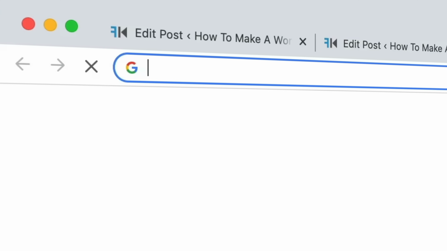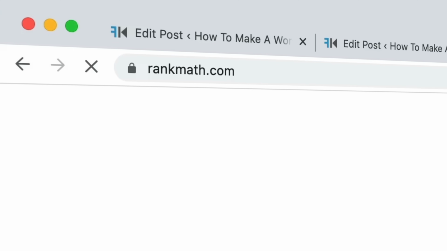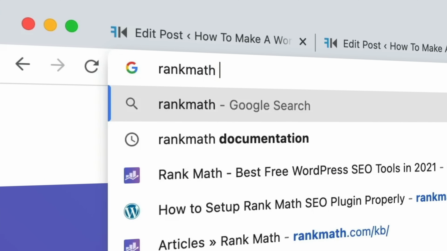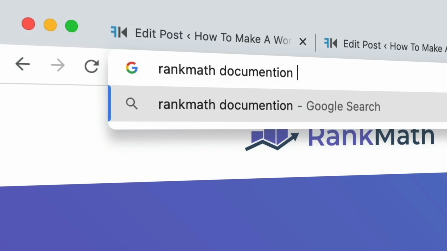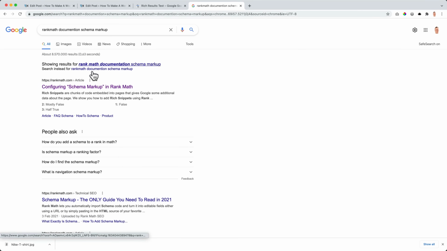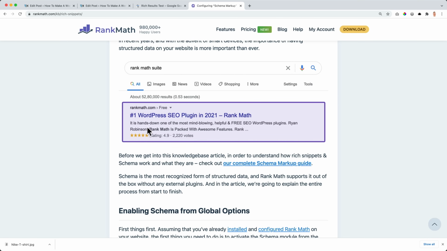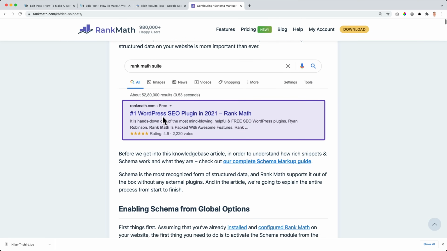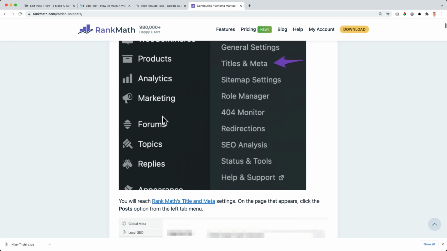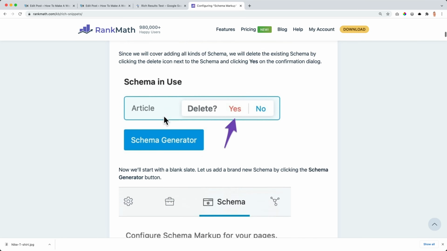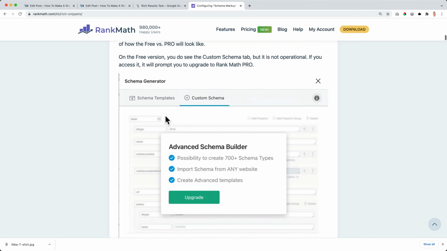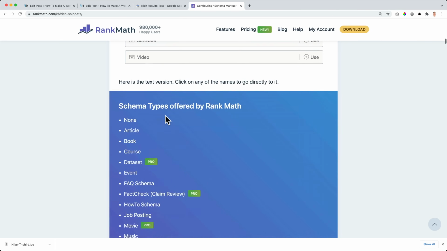Well, if you go to Rank Math, or even better, the Rank Math documentation on schema markup, this is a whole video in itself. There's an article over here, and this is how it can be displayed, depending on what kind of article you have, or a product or a video. So this blog post will show you in depth what you can do. Look at this, how it is displayed.